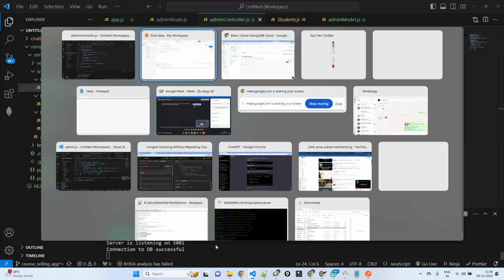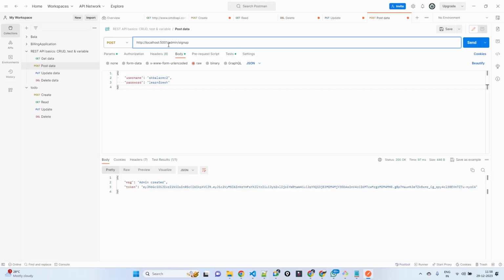So it will be localhost colon 5000, where 5000 is the port number, and /admin/signup is the route. Okay, and I have to add a username and password. So I'm sending it as username and password. I have to use raw and set the format to JSON. Okay, so when I send it,